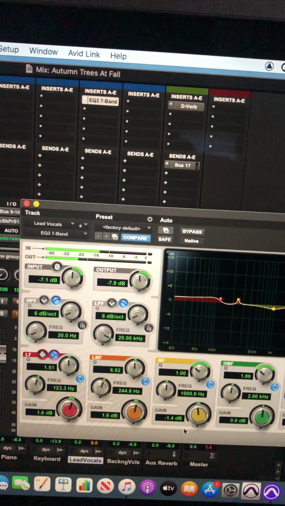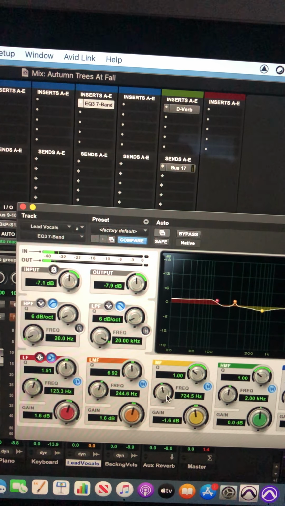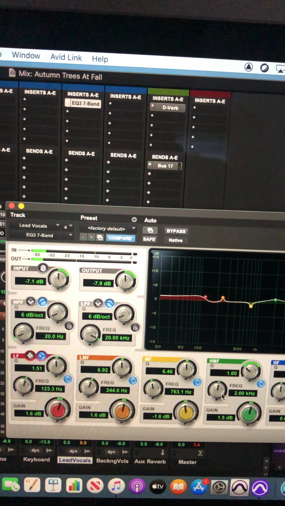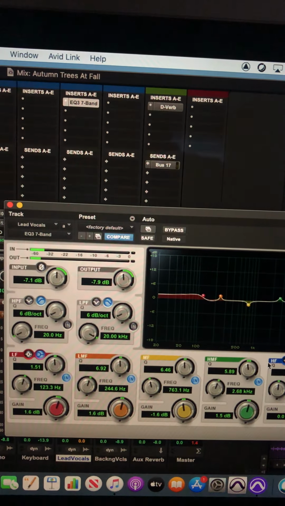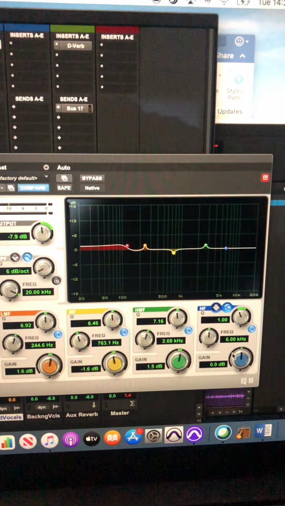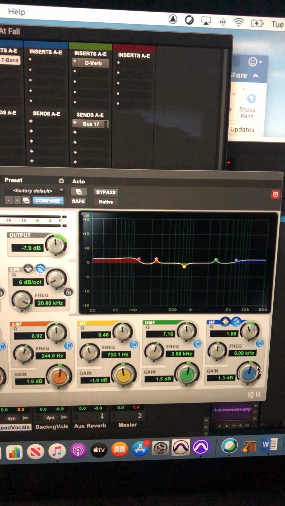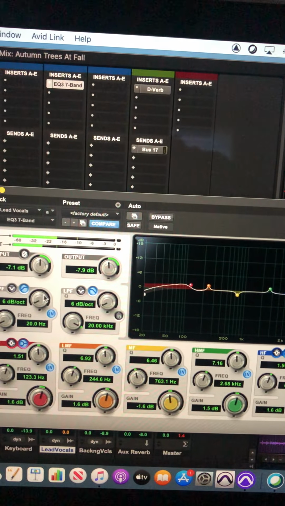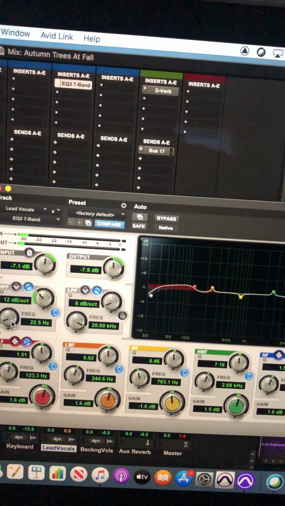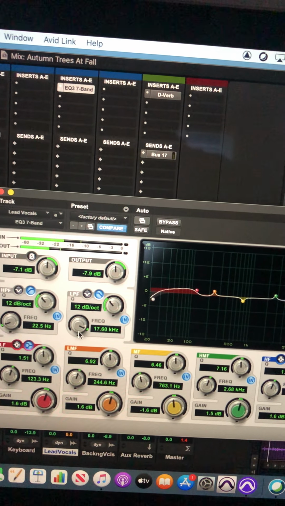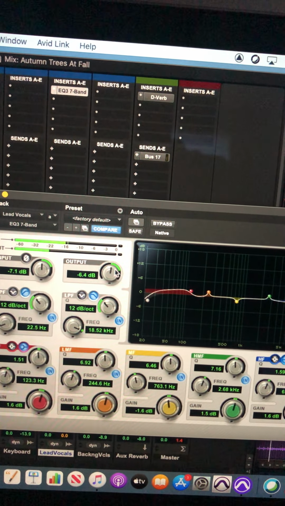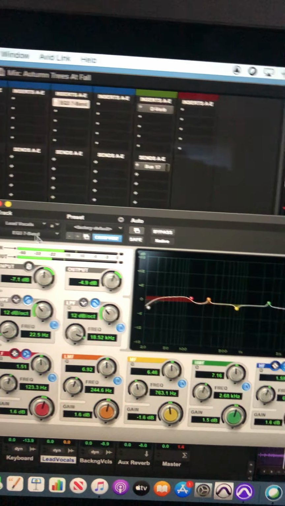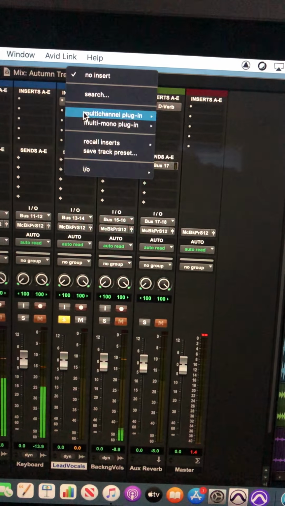Just trying to get it to, that'll do. That's good. And then that's the high frequency, sorry. And just give it the high pass and low pass. So we're basically doing the same thing here with everything else, as you can see,